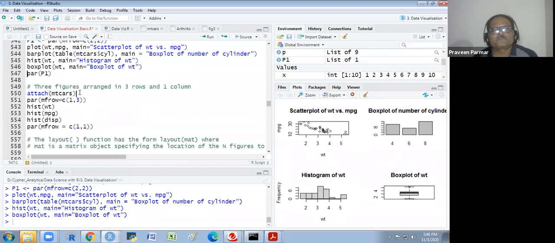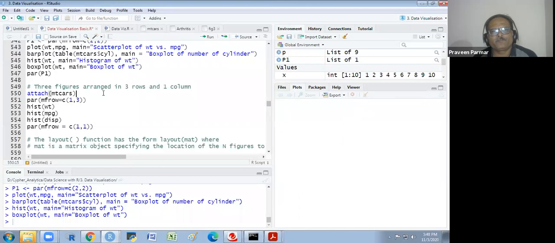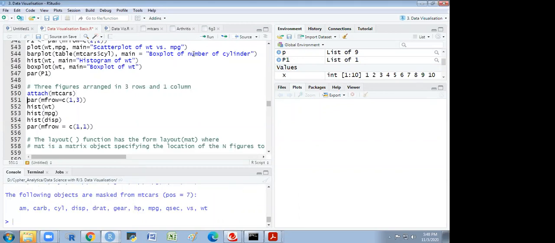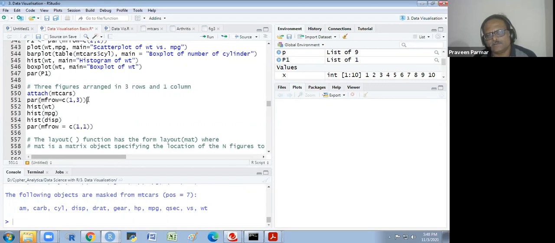Now I remove this, and first I run this, so it would be my default, and then I attach this, and I am using mfrow 1 3, 1 row and 3 plots I will get. 1 2 3.